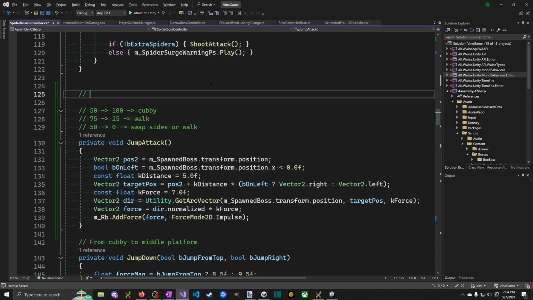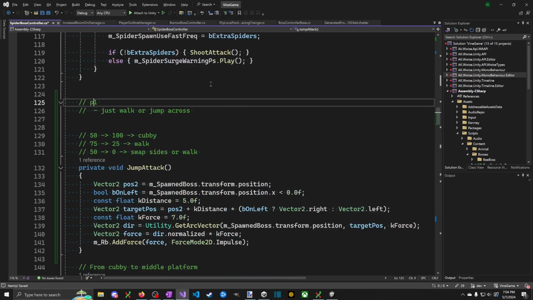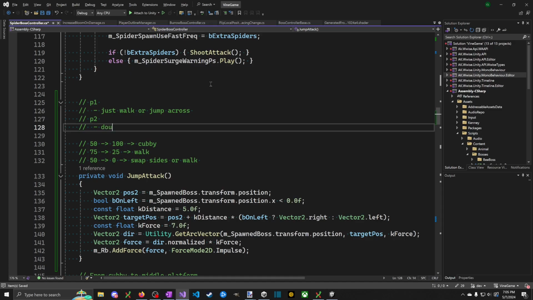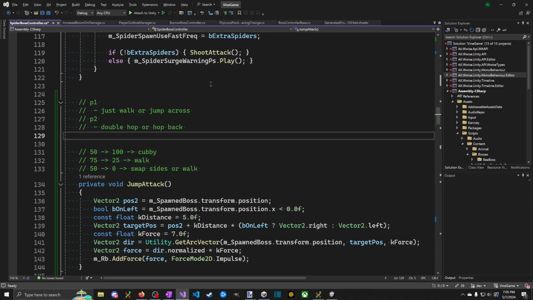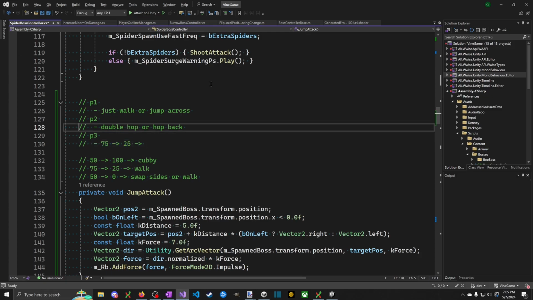Okay, so let's say P1 just walk or jump across. Then we can say P2 double hop or hop back, so 2 total hops. And P3 will do the 75-25. I guess actually